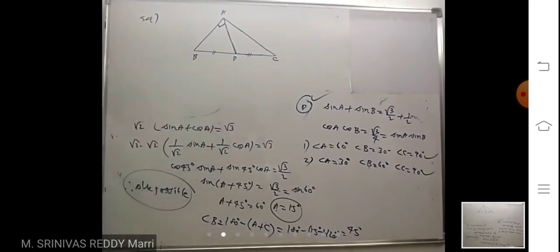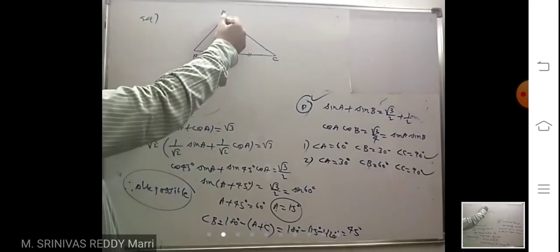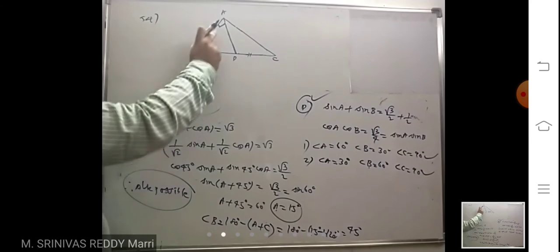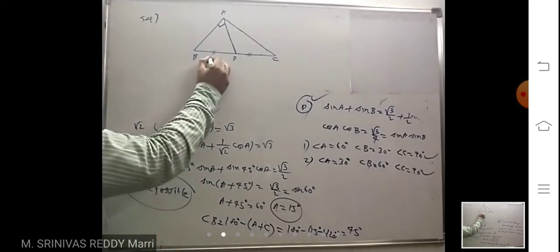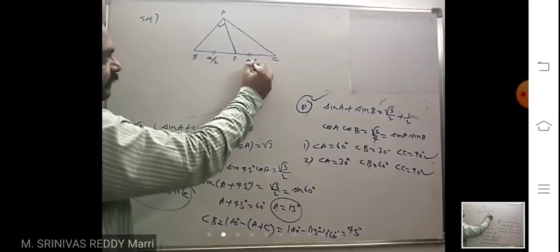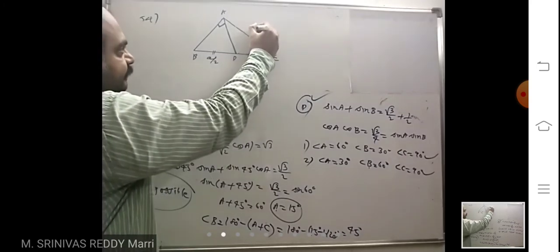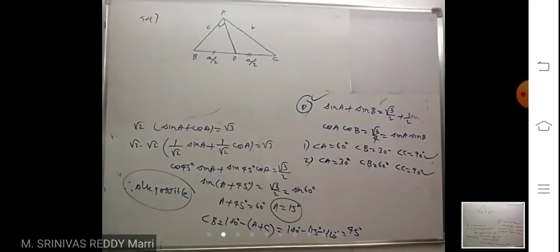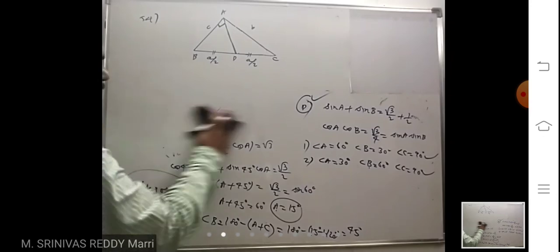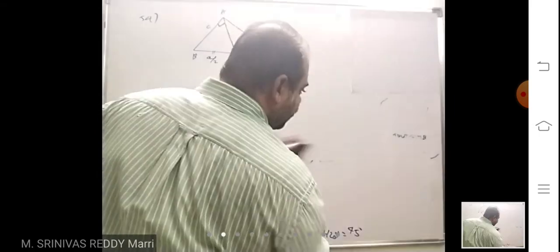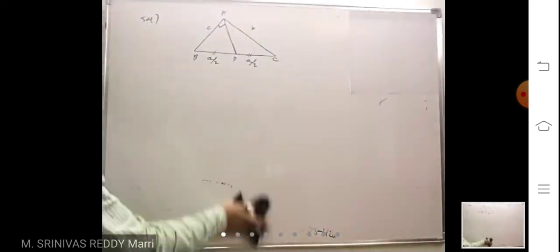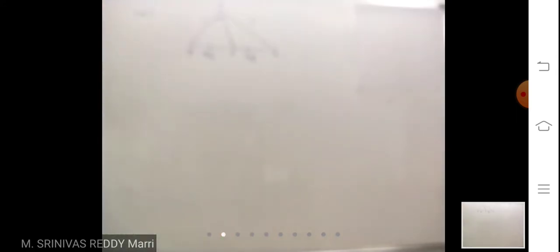Like the triangle will be. This is the median through A. It is perpendicular to AB. This is 90 degree, right? Now look at here. This is a by 2, this is a by 2. This length is b, this length is c in the triangle. Now given that it is a right angle triangle. Now if you look at here, two triangles are there which have common side AD.